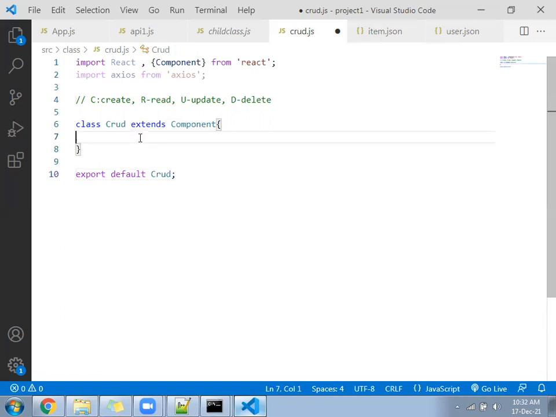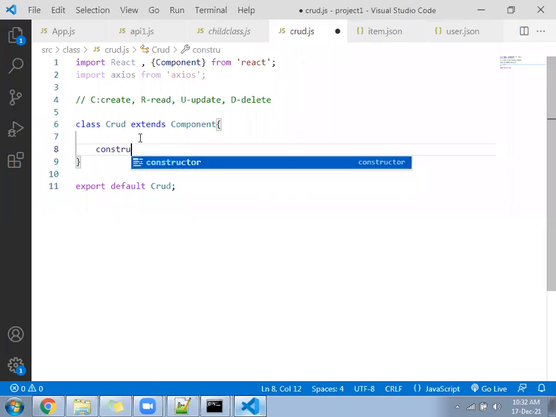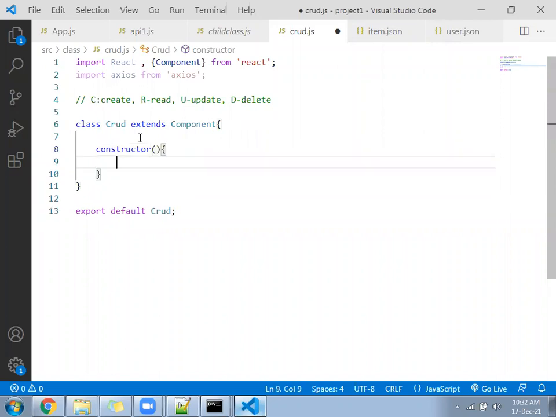Now come inside and follow the constructor. Inside the constructor, super.